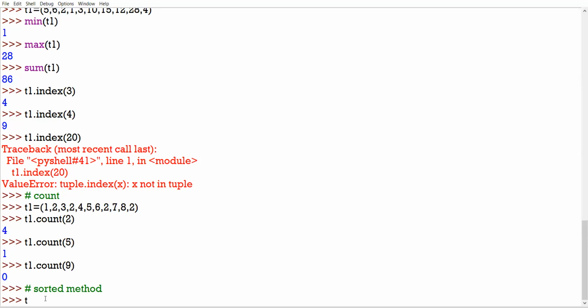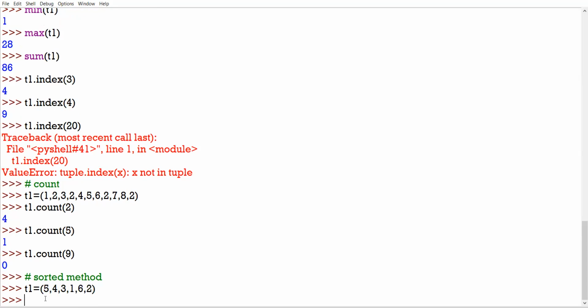Clear? Like I have a tuple T1 equal to 5, 4, 3, 1, 6, 2. I pass this tuple T1 inside the sorted method as a parameter, right?